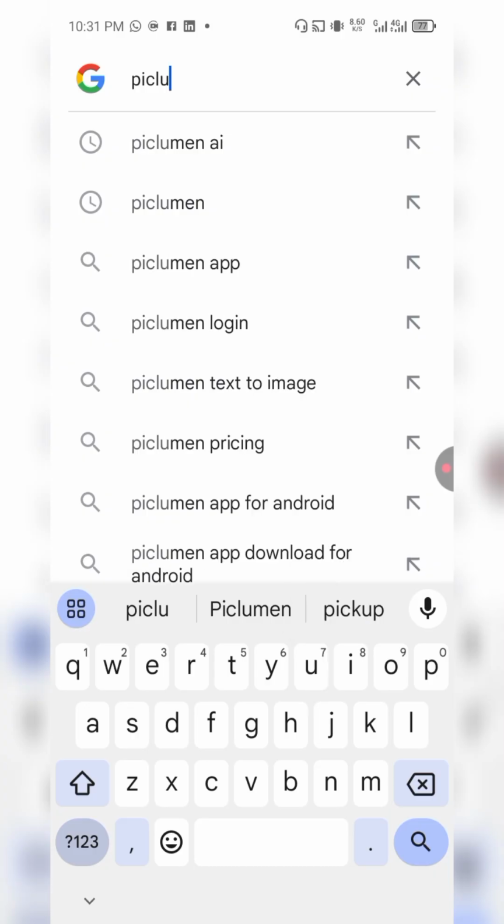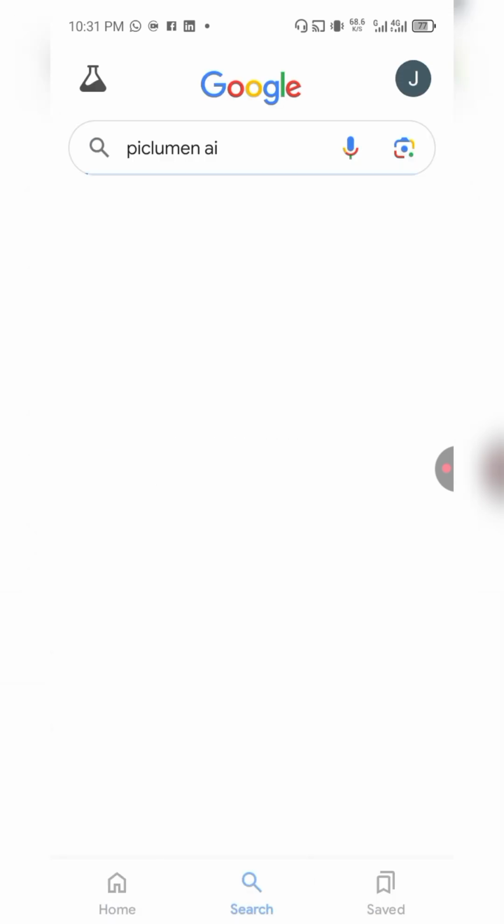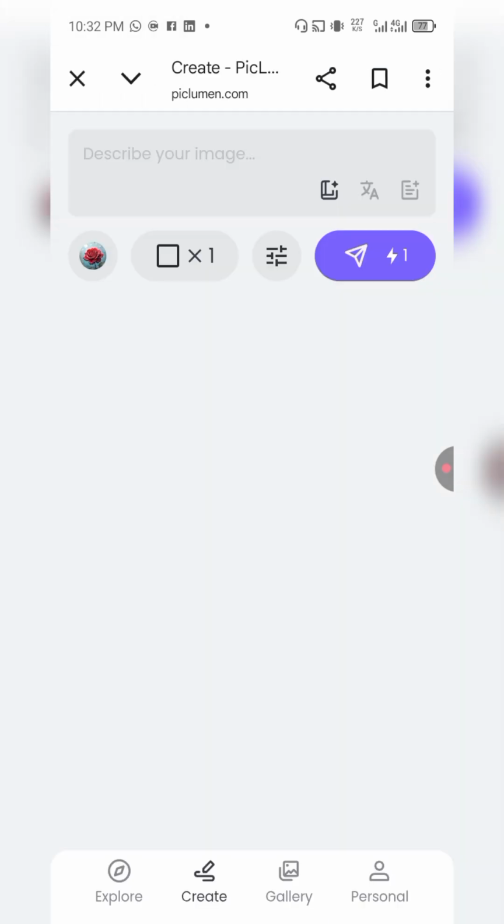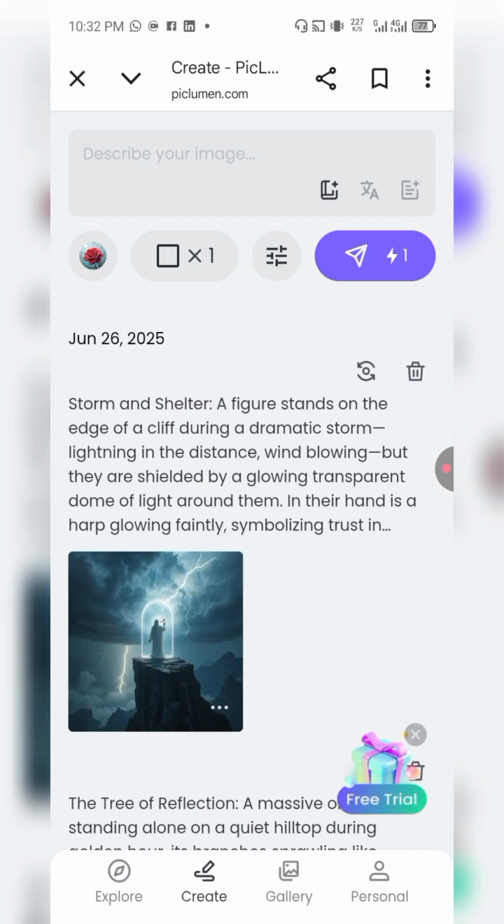Let's dive in. Now come to your Google and type Lumin AI. Lumin AI will bring you here. Then tap on the Lumin and it will bring you here. All right. So now I'm going to tap on the first one just to show you how the website